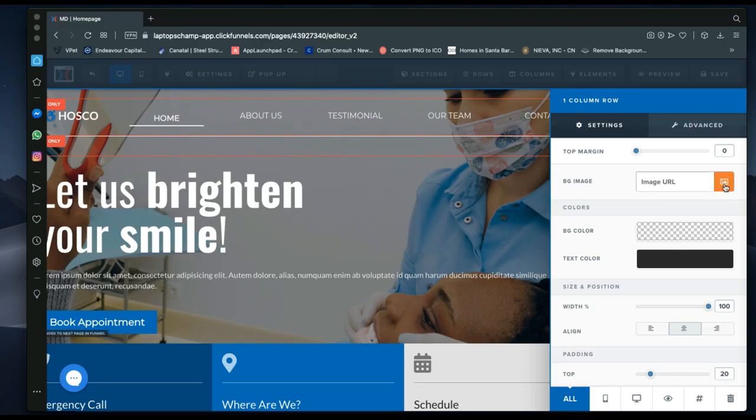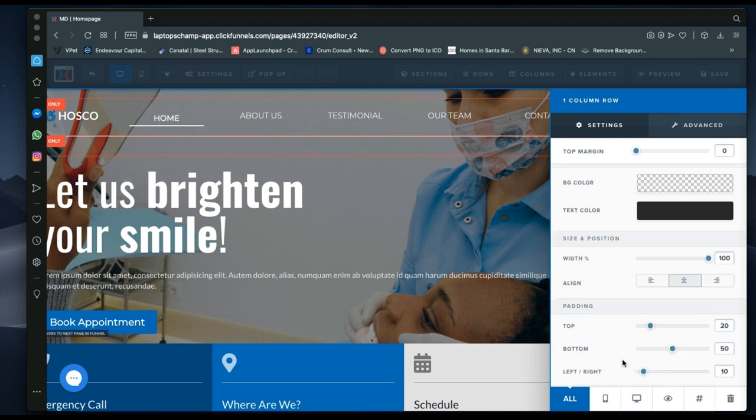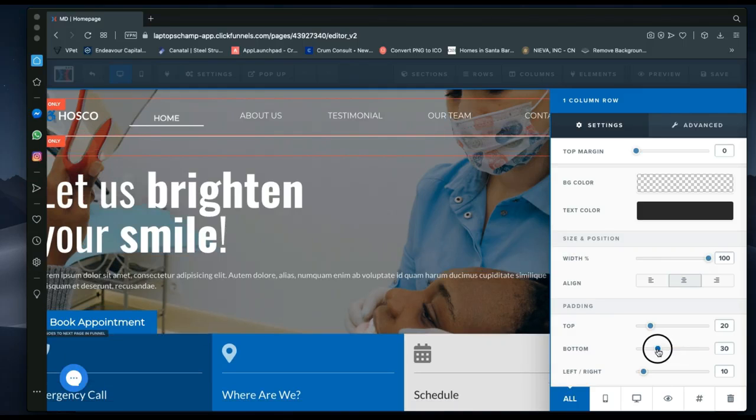You would click on that icon, get to your library, select an image you want to use, and that's it. The weight is 100%. You saw me messing with the padding a bit just before I started talking about it. So you can increase the padding, that's the space it gives from the bottom line